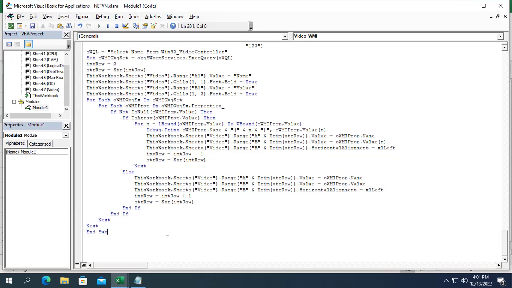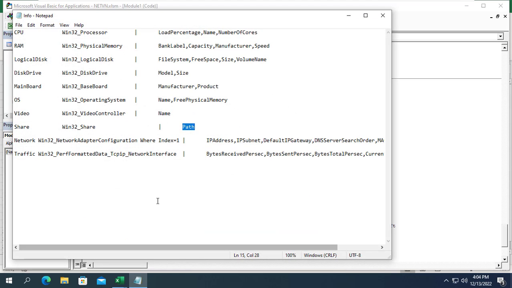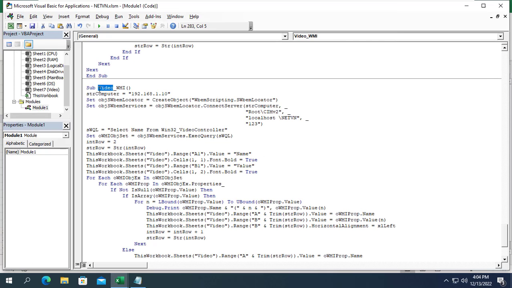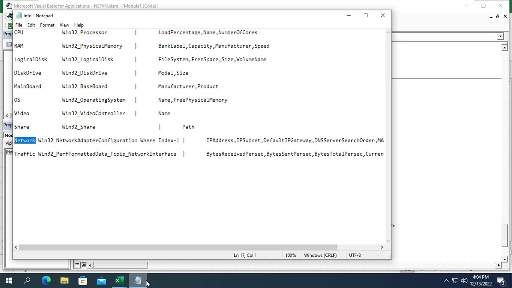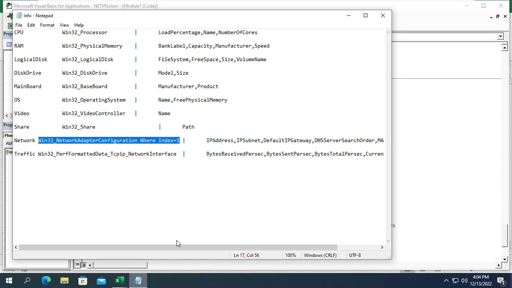And the last thing I want to monitor and administer for the target computer is network information and network traffic. First of all, I will get information about IP address, MAC address, and some other information about network. I copied the same command as before and pasted it below, then renamed the procedure network WMI. Because the target computer has many network cards, I only choose the index of 1 to remove unnecessary information.